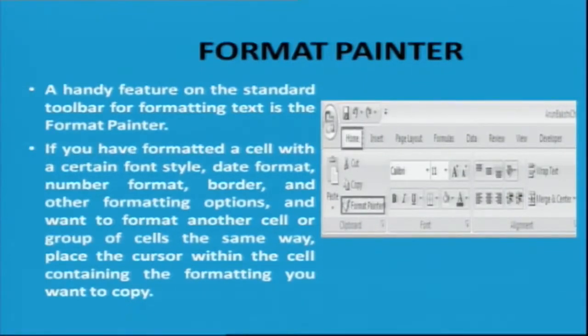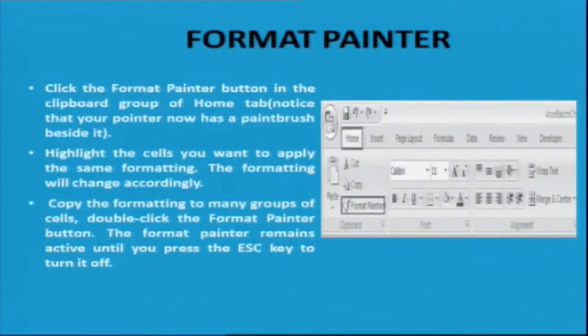Once we have chosen the Format Painter option, your mouse arrow will change and look like a paintbrush. Then wherever you want to apply it, you just go and drag your mouse over the particular set of cells, rows or columns. Once we have done that, the style which you have copied will be applied to those cells, rows or columns.